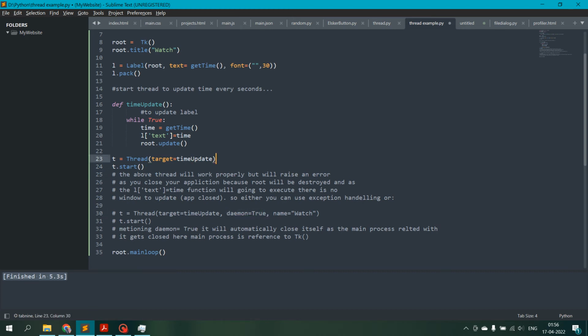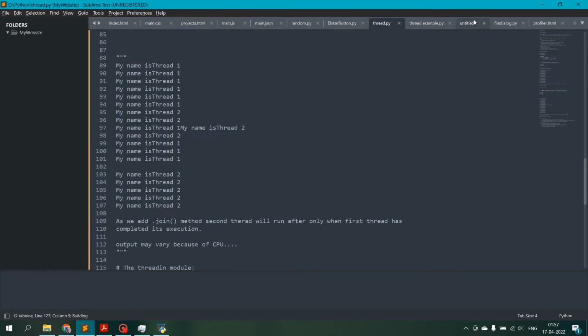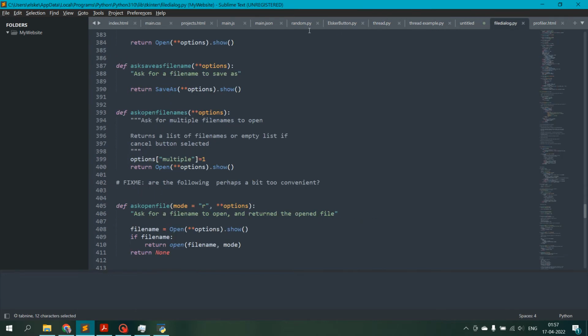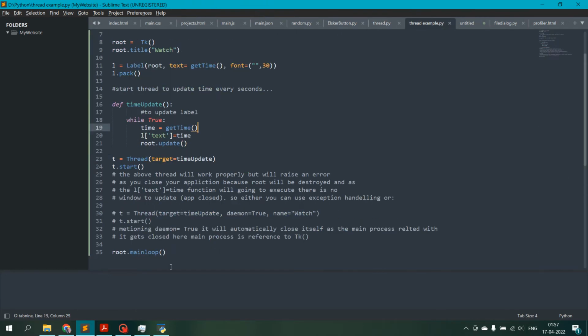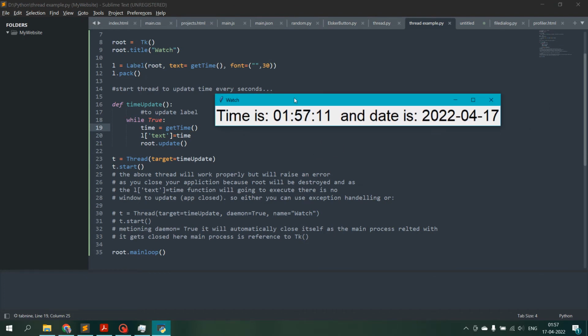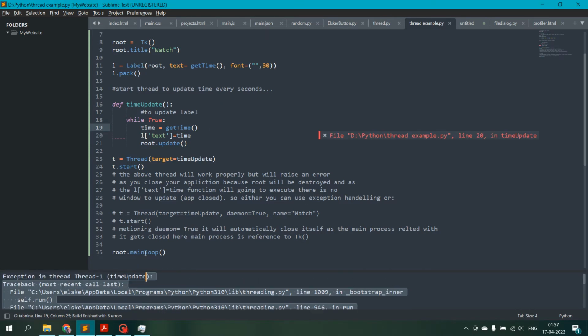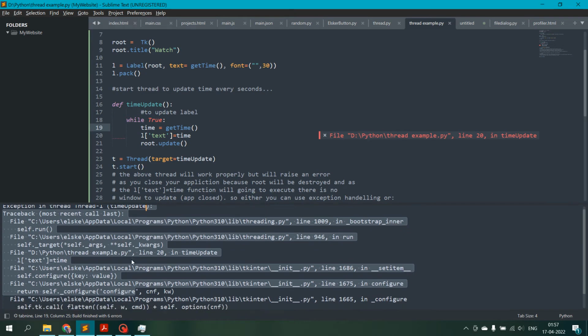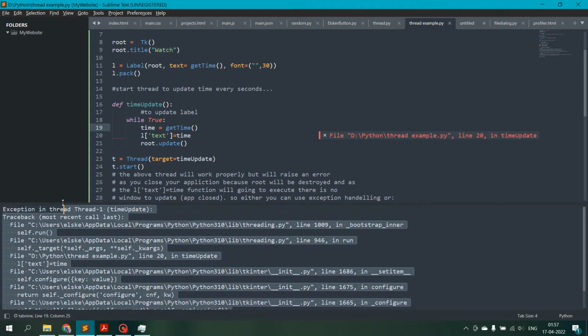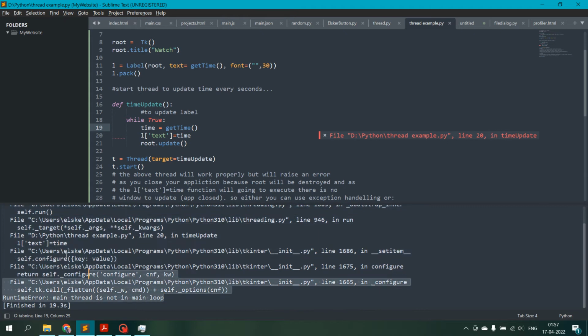Okay. Let's see what will be the result. Oh, sorry. Where did it go? File name of third example, third example. Okay. So see, the program is running, and as I close this, it throws an error. Okay, because our program was closed, but the thread was running, and it was running and